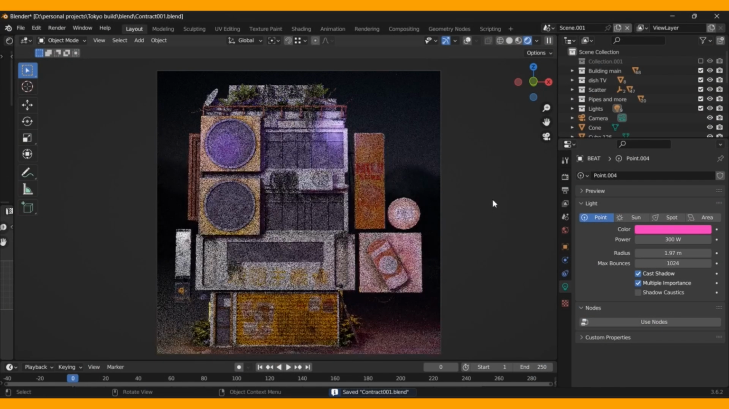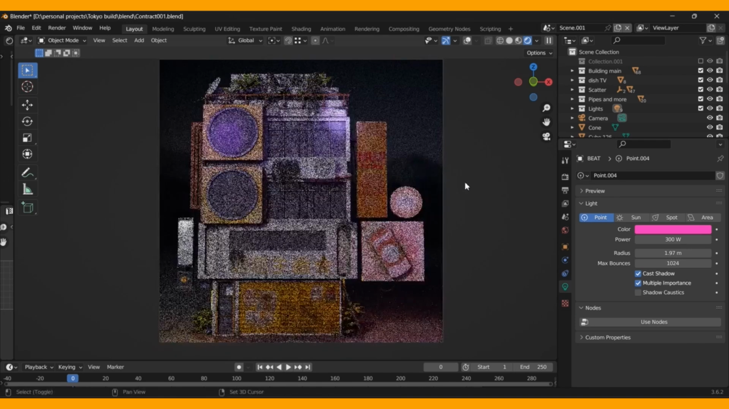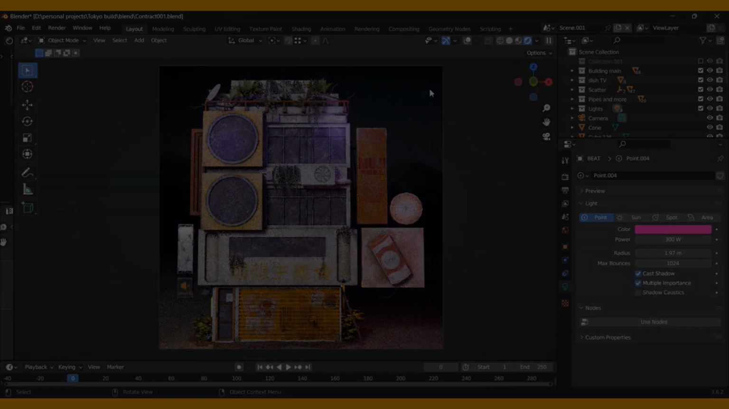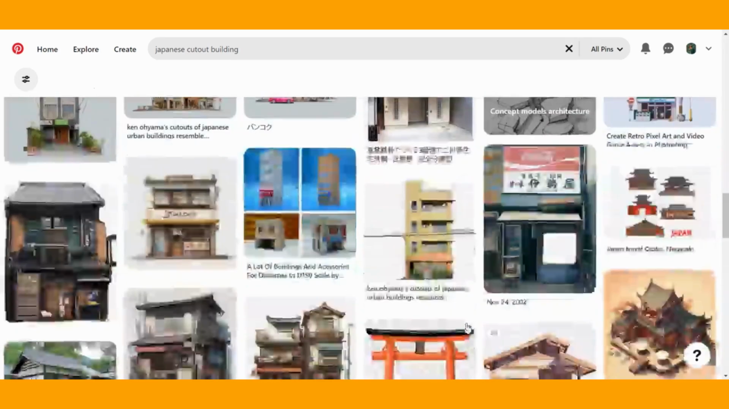I made this building in 3D and I just wanted to show you guys how I did it. That's it. This is not a tutorial. But I hope you find something useful. Let's get to it. So I started off by collecting references, mostly from Pinterest, but also from diorama videos in